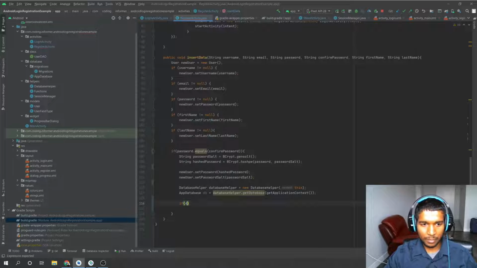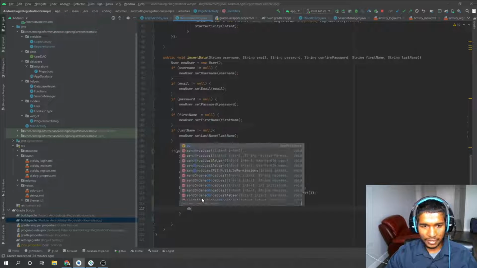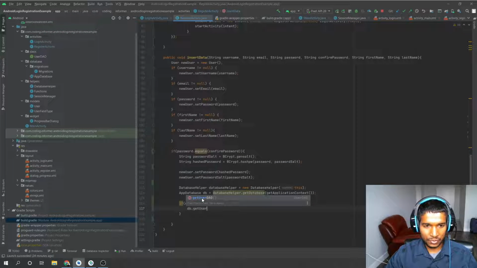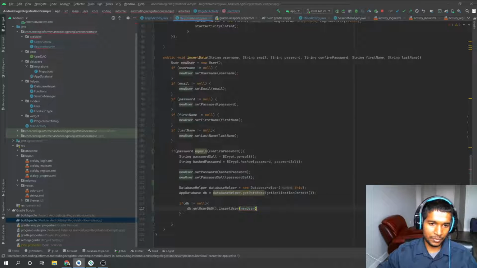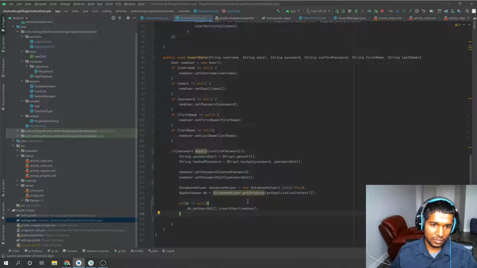And as you can guess, what we're about to do is store this user instance in the database using the DAO class. So if database is not null, we're going to use get user DAO, get the user DAO class. Then we say insert user, and we pass in the new user. So insert user into the database table user if all these conditions are met. Password is matching to confirm password. We hash the password, assigned it to the password field, and